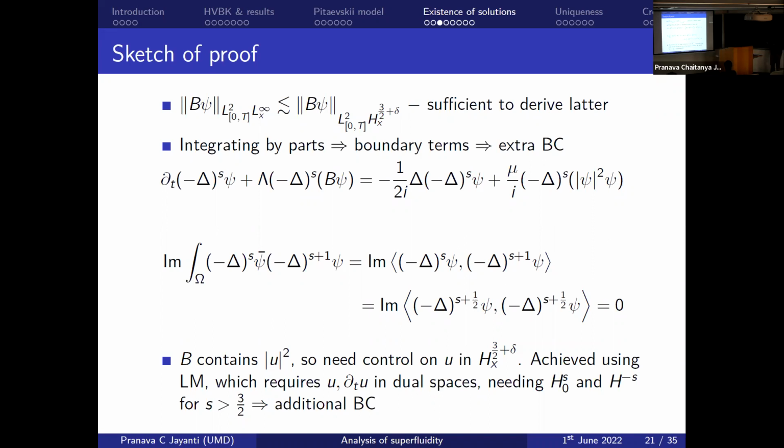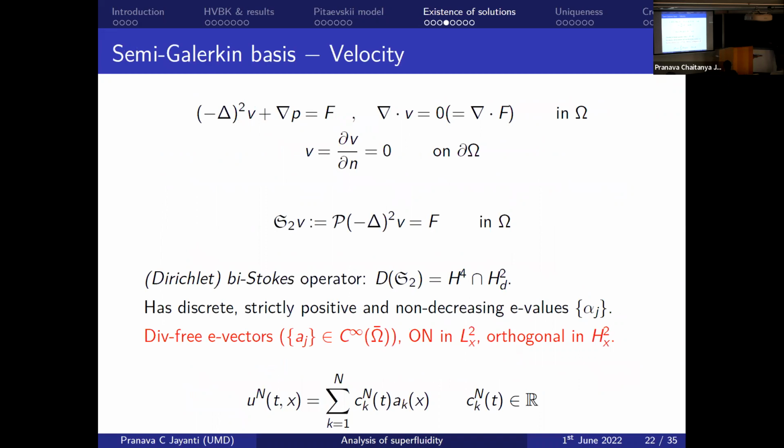Okay. So now that we've justified where these boundary conditions are coming from, how do we actually impose them? Okay. So for the velocity,